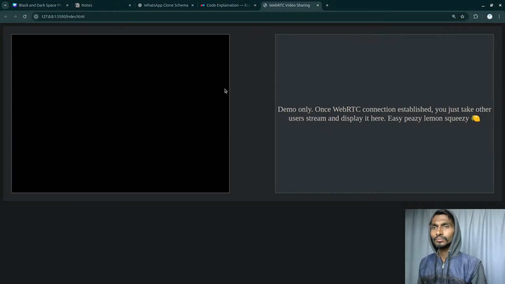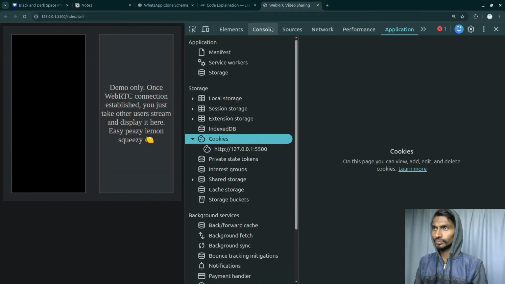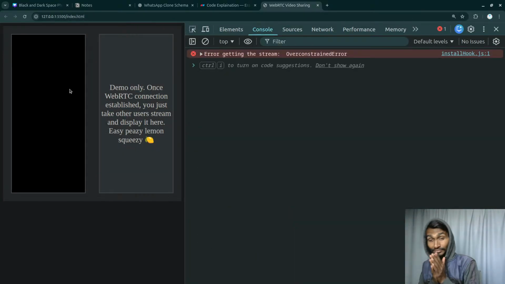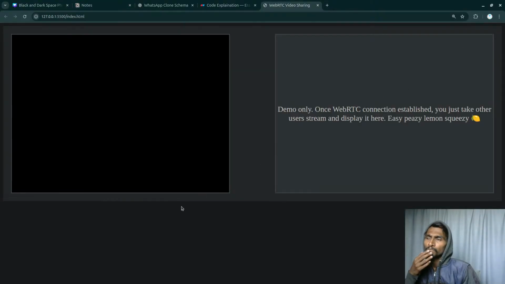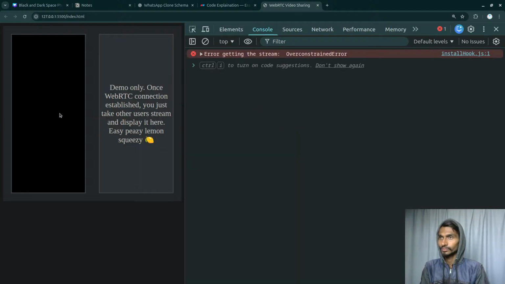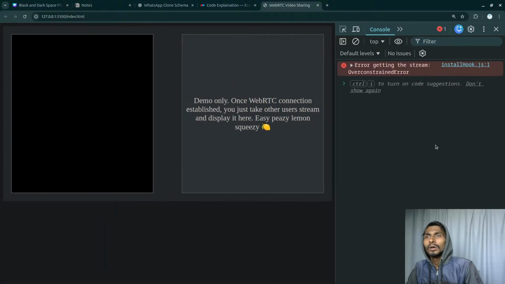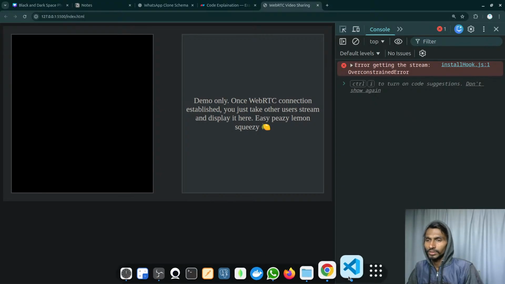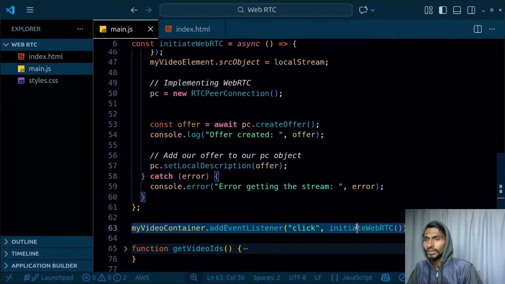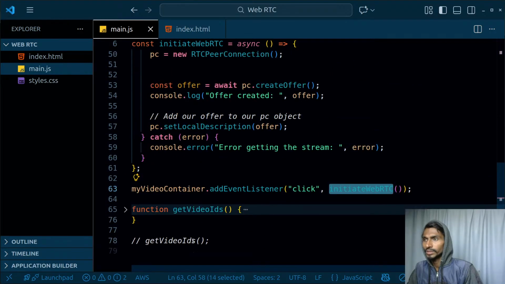WebRTC, reload the page. Why am I not getting anything here? Sorry for that. If I'm not getting any result here, what could be the reason? This usually does not happen. As soon as I click on this, hang on for a sec, this initialize WebRTC is called, and as soon as that is called,